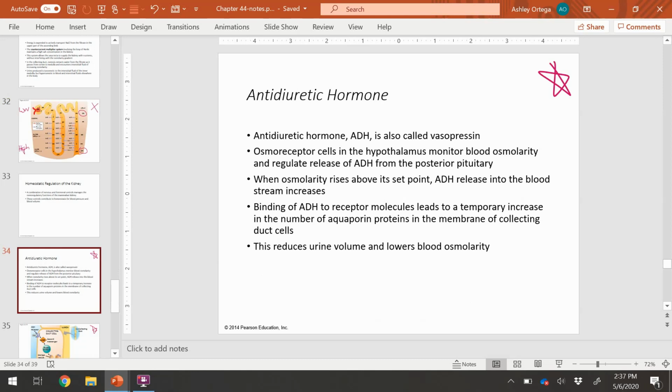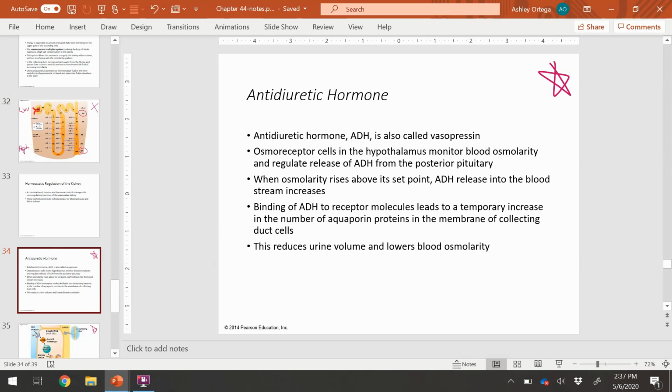There are receptor cells in the hypothalamus that will monitor the blood osmolarity, and this will regulate the release of this hormone, ADH, from the posterior pituitary gland. And so at any time when the osmolarity rises above a set point, so when water is lost, ADH will be released. This ADH will then circulate through the circulatory system, will then go to the kidneys and will